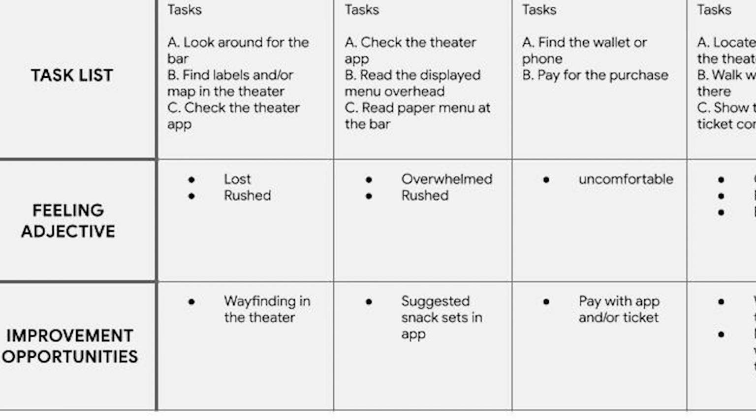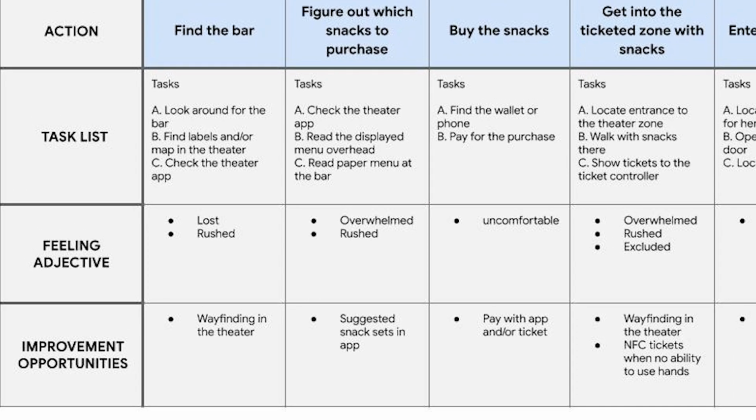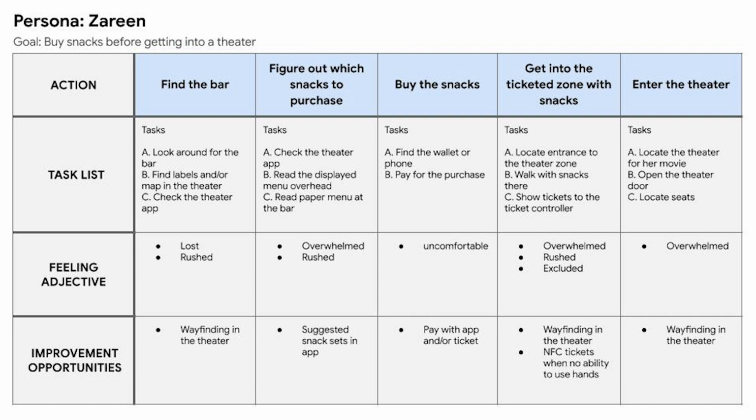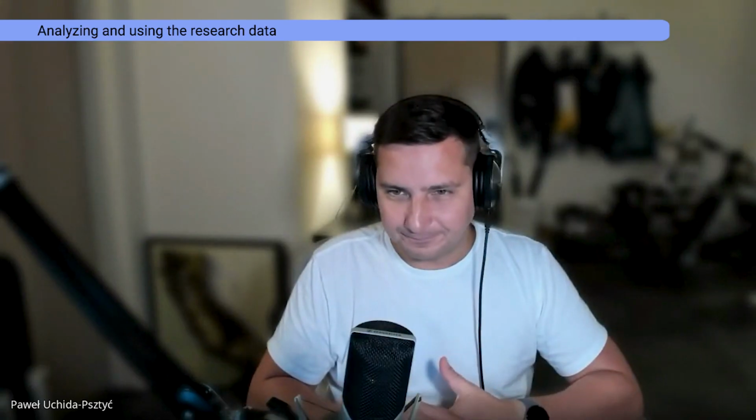And what are the opportunities for each step? What can be done better? Probably you should put a directory right after the entrance to the movie theater so the users are not lost. You can do the same thing for your application, and you use user journeys to describe the experience that the user has while working with your application. Got it.